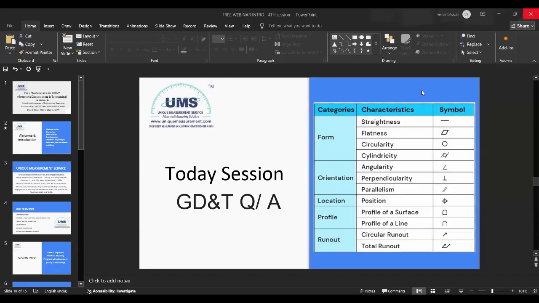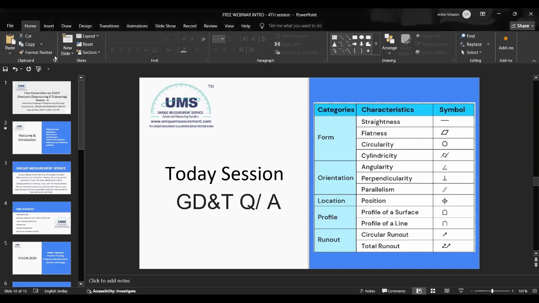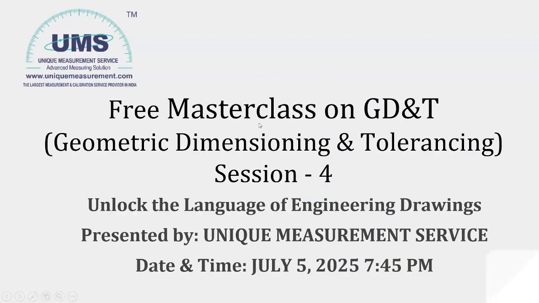Concentricity means two centers aligned in one axis. Coaxiality means two axes aligned to one axis. Axis to axis alignment is usually called coaxiality. Usually this term would be used for one hole to another hole axis alignment. Concentricity is center to center alignment. Usually it would be used for shafts, stepped shafts, two different diameter shafts. If you want to align one center of the shaft to another center of the shaft, we use concentricity.